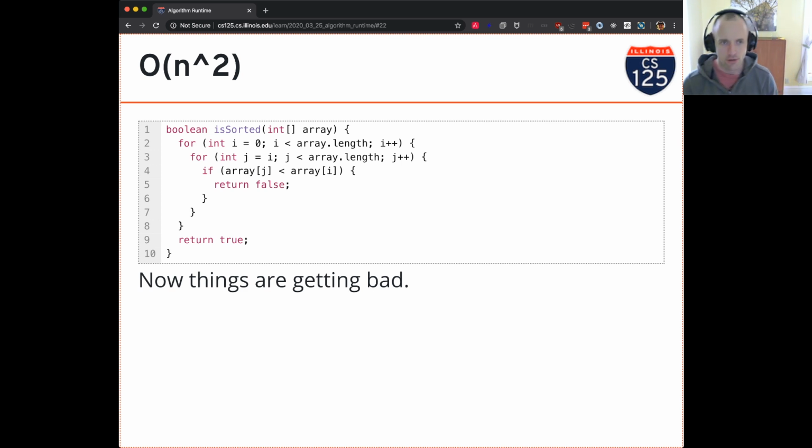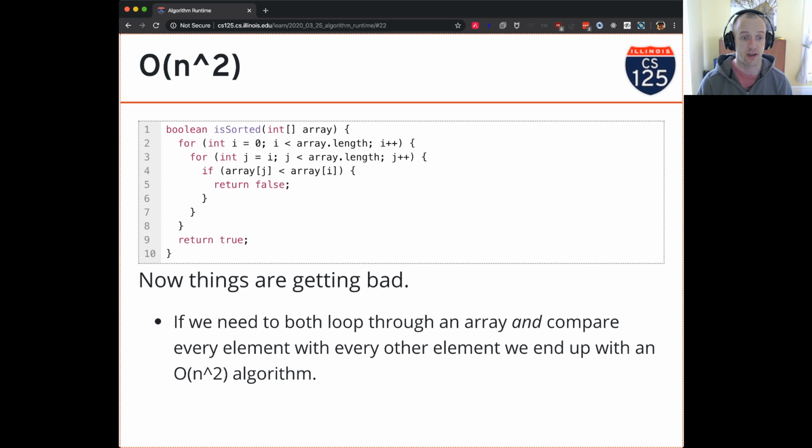This is a bad algorithm. So I'm passing in an array. It's going through the array, but I have an outer loop that's indexed by i and an inner loop that's indexed by j. I'll leave it as an exercise to the reader what exactly this algorithm is doing, right? But this is a poor algorithm for solving this problem. There's a much faster algorithm to do it. But this algorithm will take